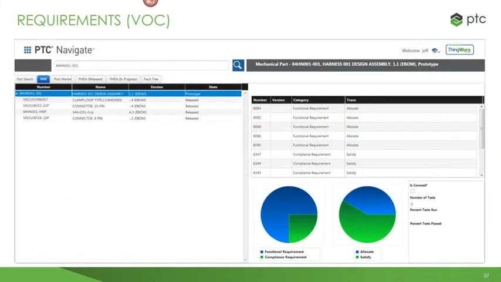Here is an example of requirements and voice of the customer. This particular example is showing requirements against a top-level part in the bill of material. It can be against the top level or any line item within the bill of material on the left-hand side. On the right-hand side, we can see the different requirements per line item. The requirements can be categorized. Here we have functional requirements as well as compliance requirements. And we also see the traceability. In this particular case, either allocate or satisfy. And the small graph at the lower right just highlights the different categories and the traceability for each one of